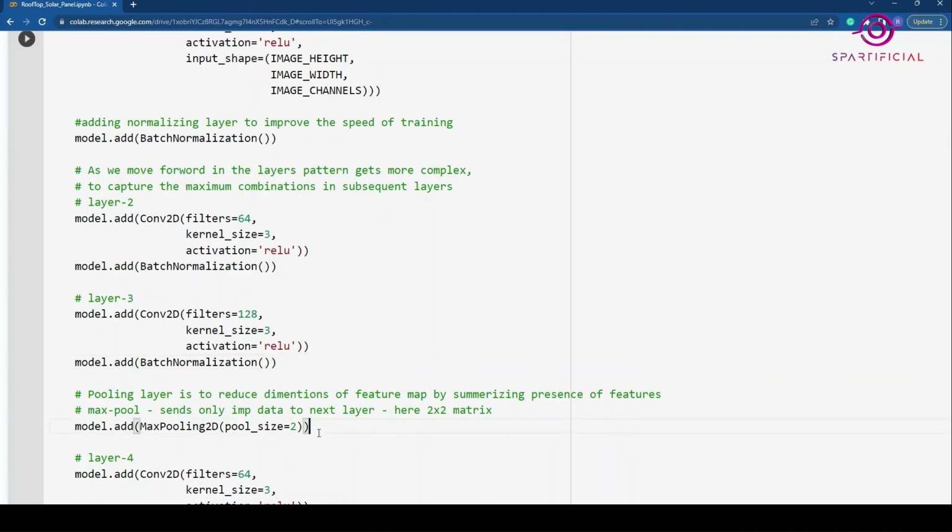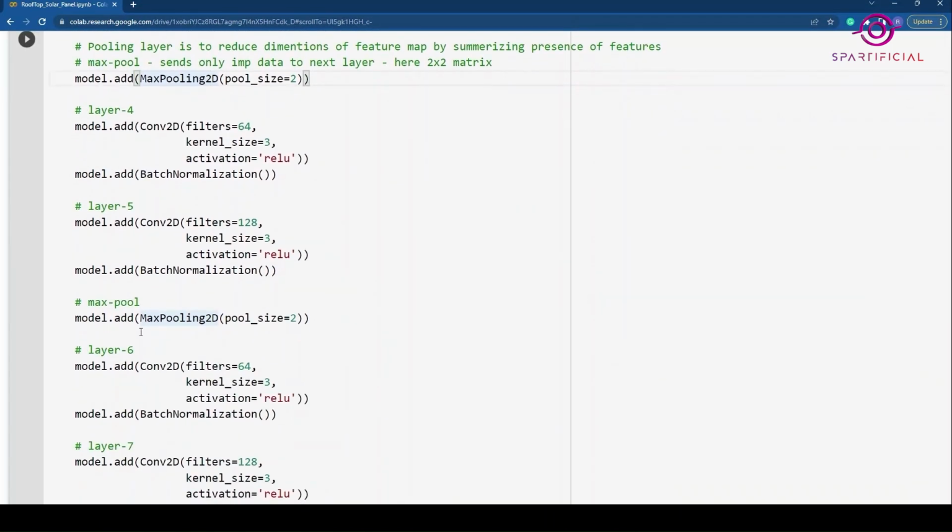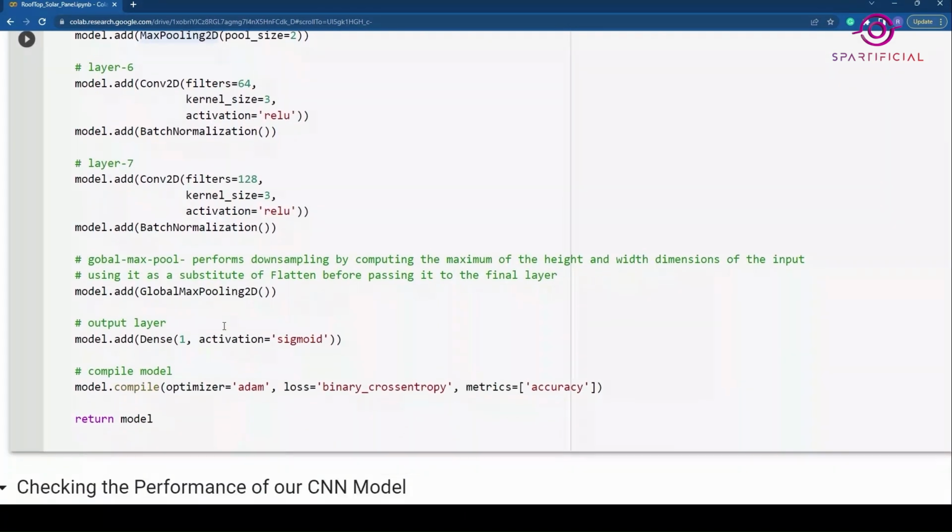That is the max pooling 2D layer. The purpose of the max pooling 2D layer is that, whatever output we get after the convolution layer, we still decrease the image shape and only grab the maximum pixel value. So the feature that is most prominent inside the overall output from the convolution layer, grab only that part and give me the output of it. That's what is taken care of by the max pooling 2D layer. Then again we have a bunch of convolution layers, and after the convolution we again have max pooling, and this keeps on going